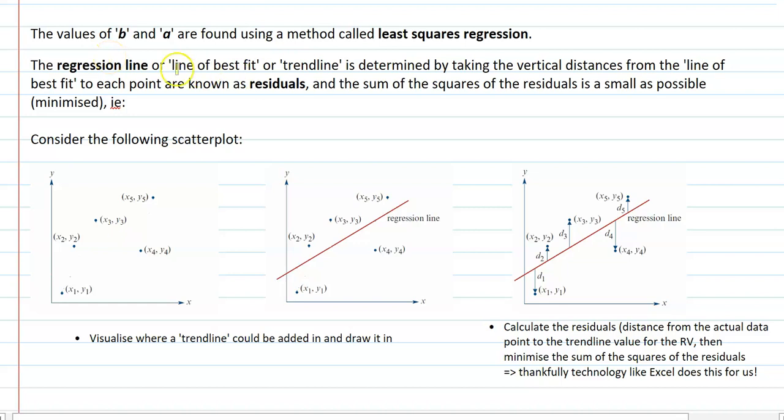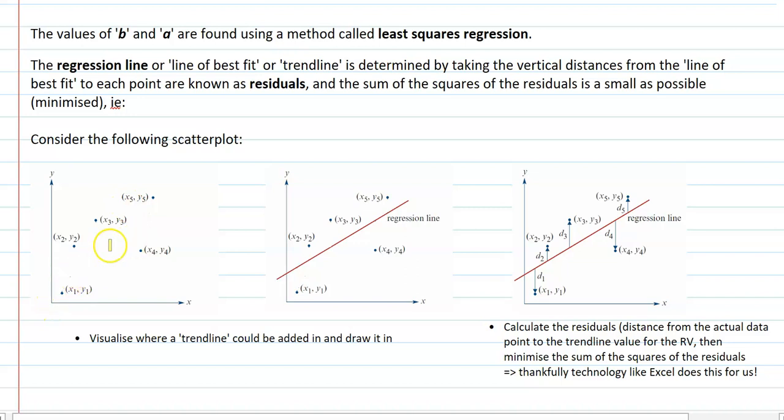The regression line, another way of saying it is line of best fit or a trend line, and that's determined by taking the vertical distances from the line of best fit to each point, and this distance is known as a residual. When this line is fitted, the sum of the squares of the residuals is as small as possible, so they're minimized.